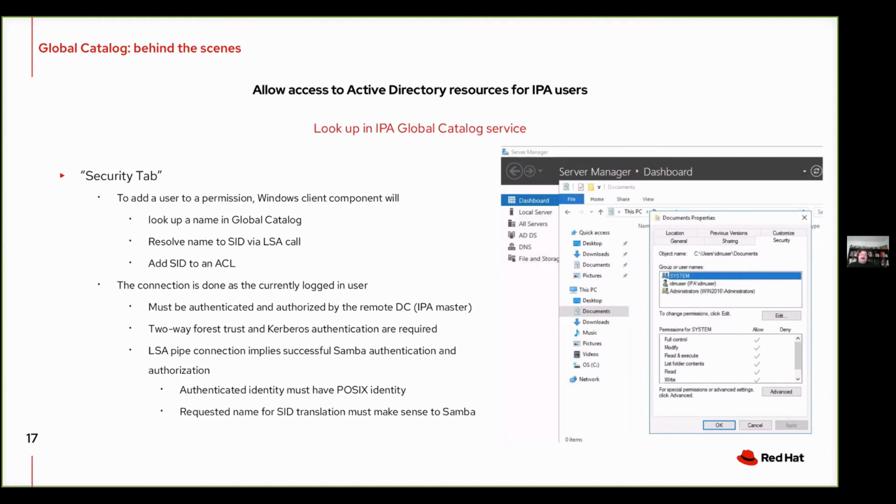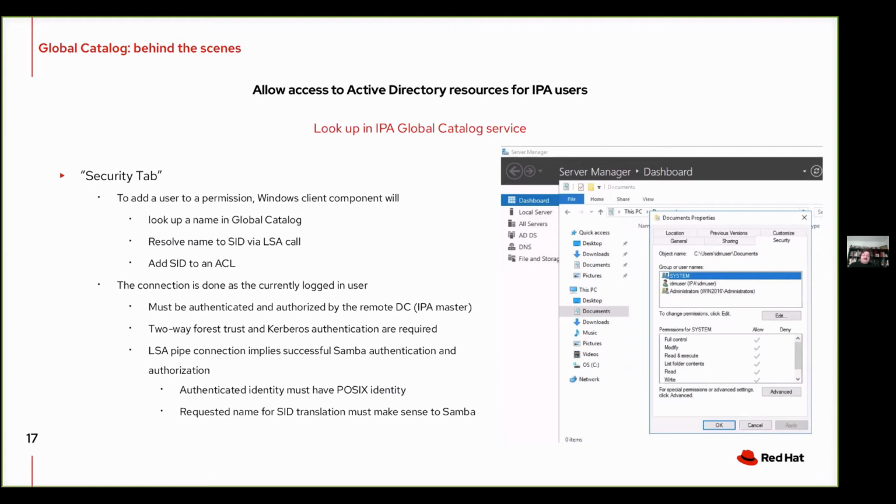So only access with the help of the Kerberos ticket has been available. And to get that Kerberos ticket from the Windows side towards IPA, you don't need anything special. You just need a forest trust in one direction. But because we are then looking back and using these details on the Windows system, we need two-way trust.